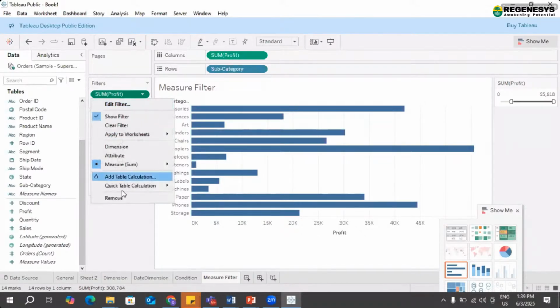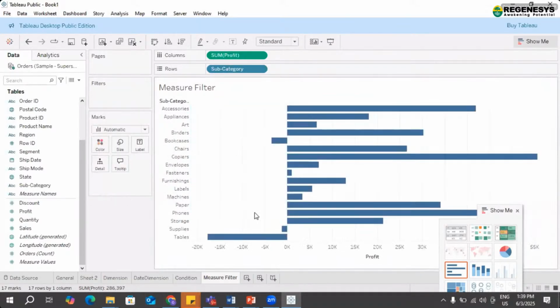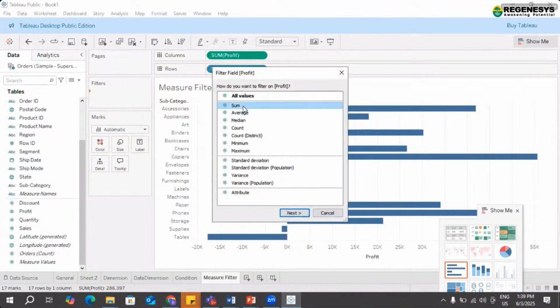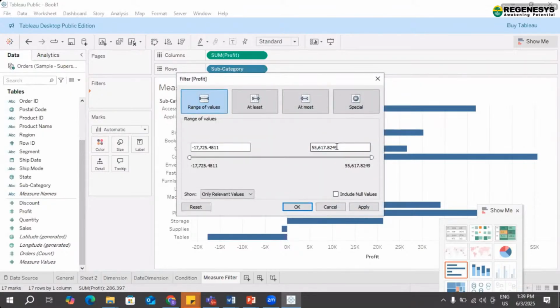Now you can see if I remove the filter, everything is available. But let's say an organization wants to check which are having the negative values. So now if I do it till zero, which are the products which are not making money? Dr. Shilpa has a query in the chat window.